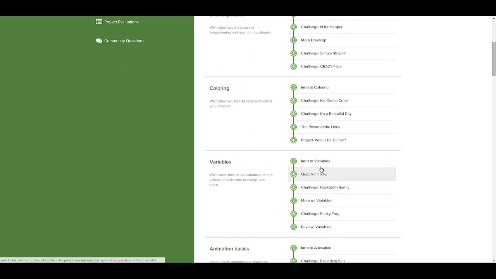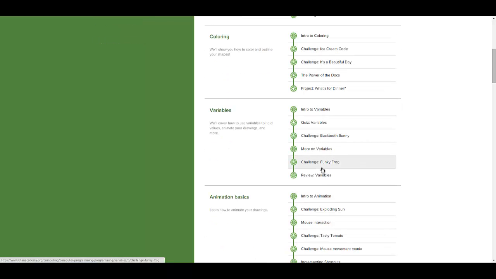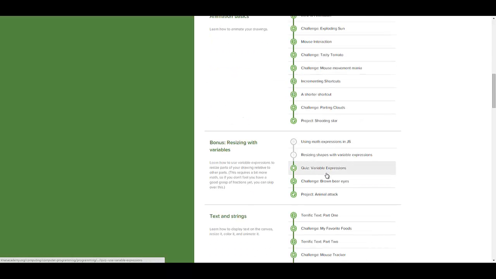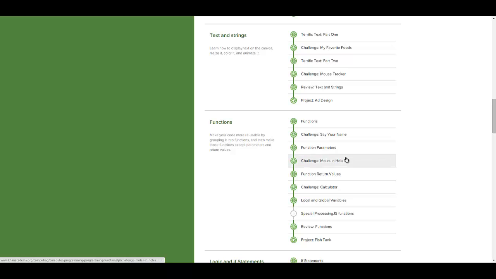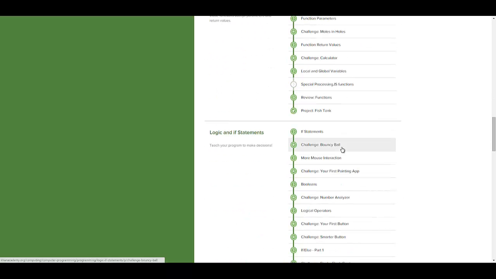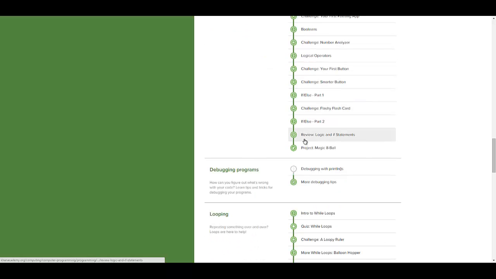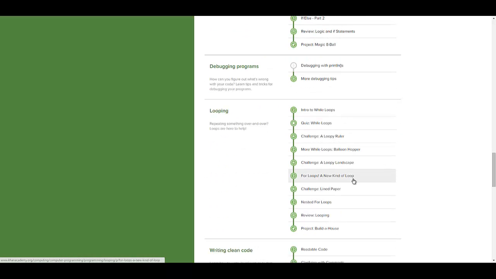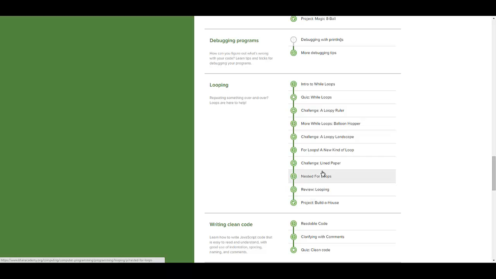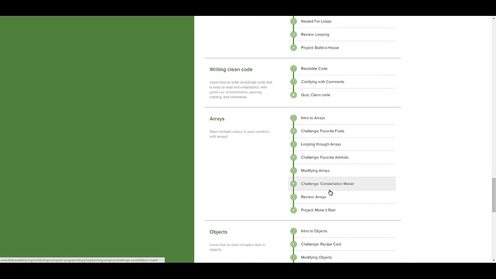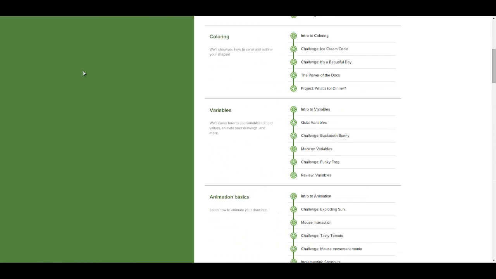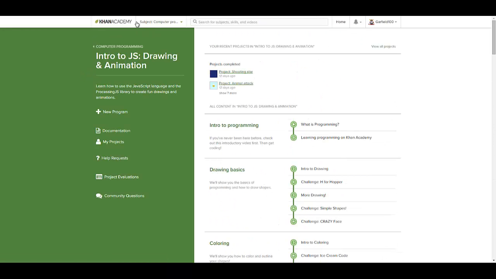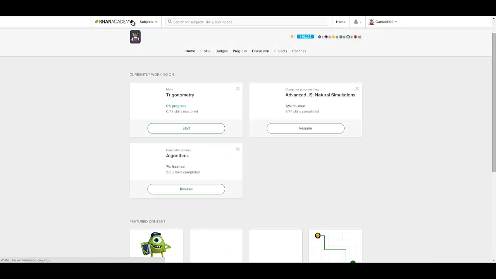And then you learn several things like how to make a variable, how to make an animation using the draw function, then probably loops, how to make your own functions, if statements, for loops, nested loops, and arrays. Arrays are incredibly useful. Objects, also useful. All these things you need to know to program.